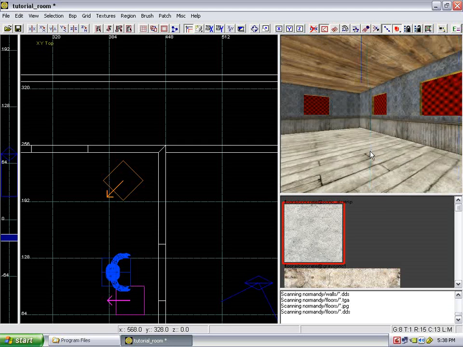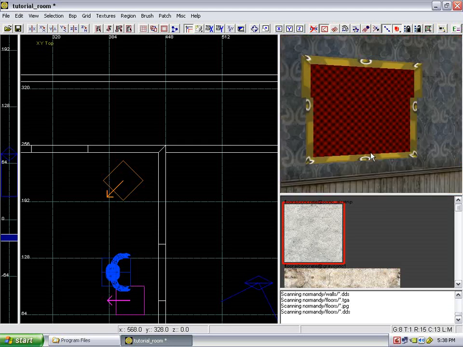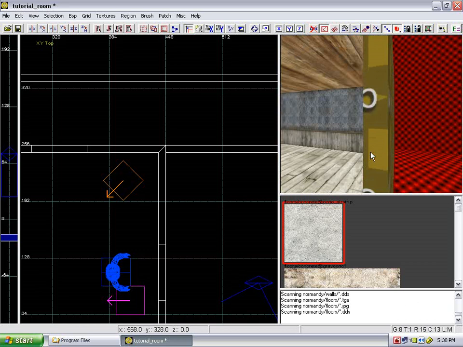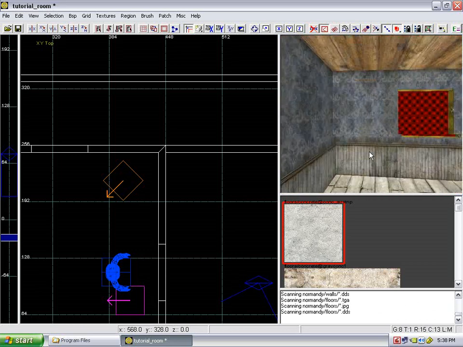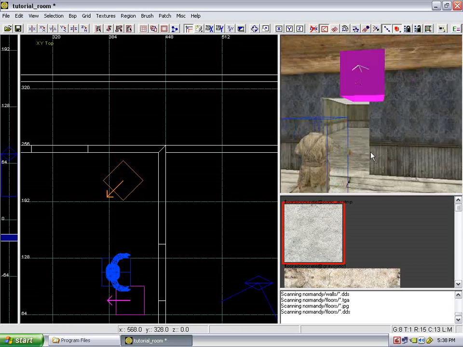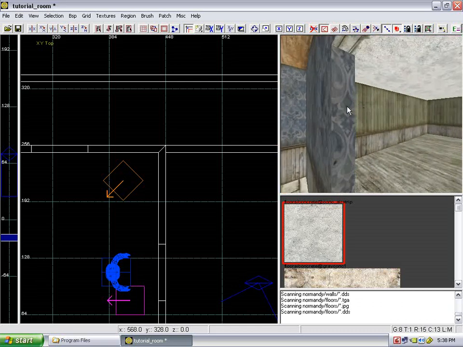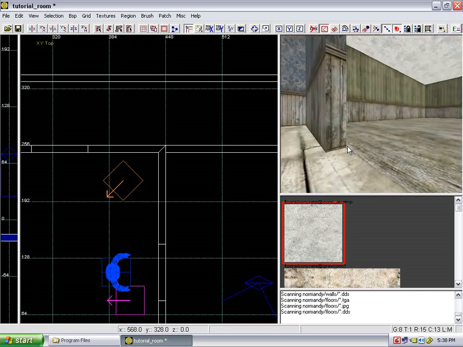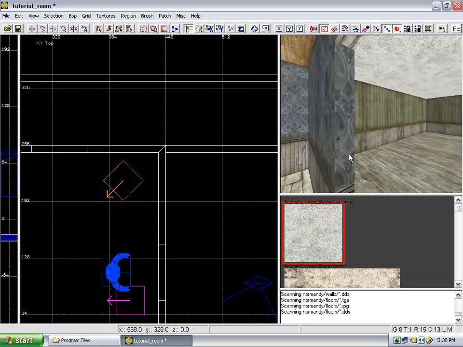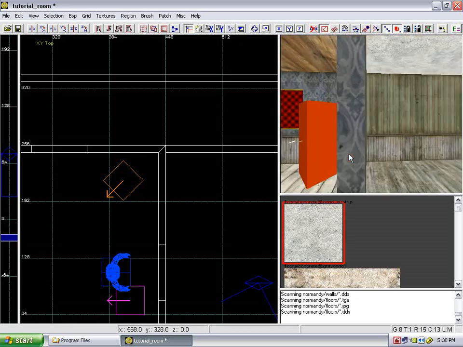Alright, there's a few things that are off about this. First of all, these windows have caulking on their windowsill. That's no good. We got to change that to something like a border. And in here on this doorway, the reason why it's not caulk is because we cut through the bottom of it as well, so it took the texture and bent it up. It's hard to explain, but just imagine, even if it was caulk,